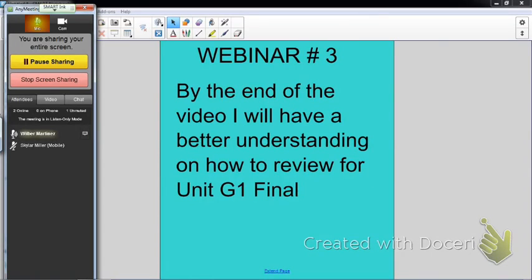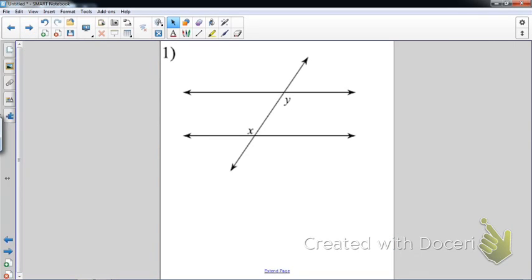Today we're going to be talking about G1, and it basically is everything that we talked about when it comes down to angle relationships, where you're basically identifying each pair of angles that you see. So the first one that you have here, as you can see,